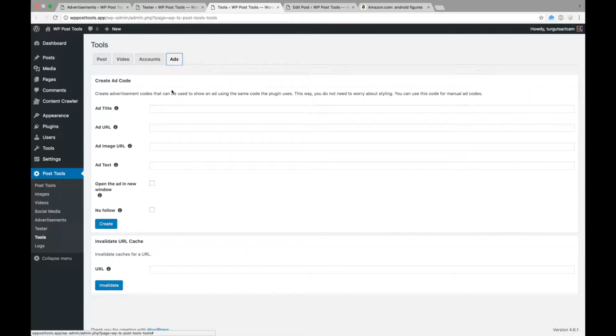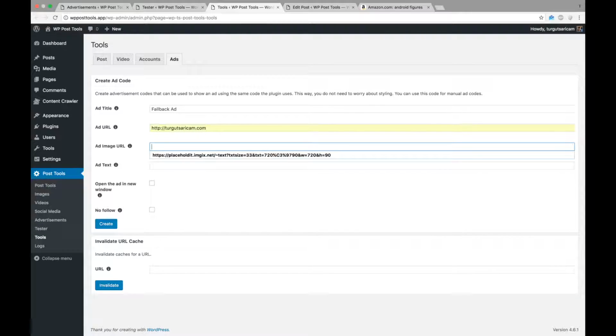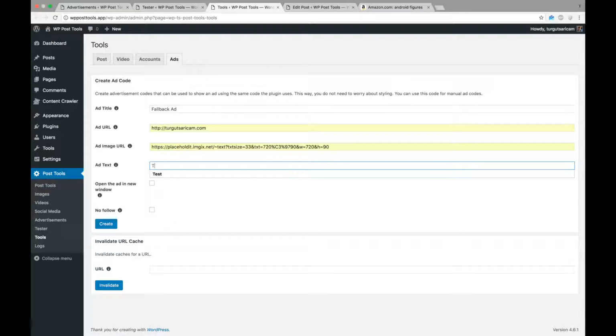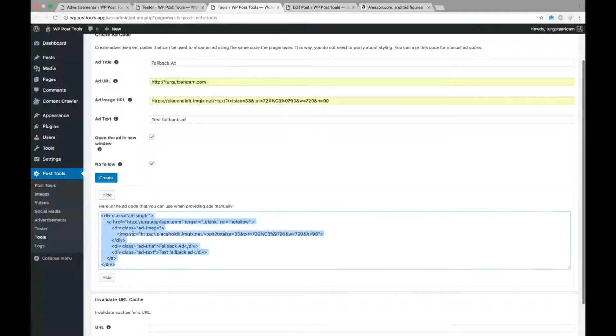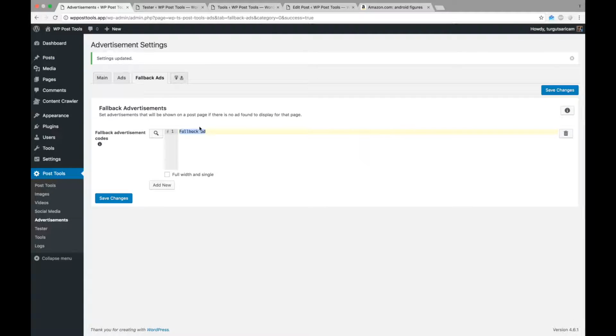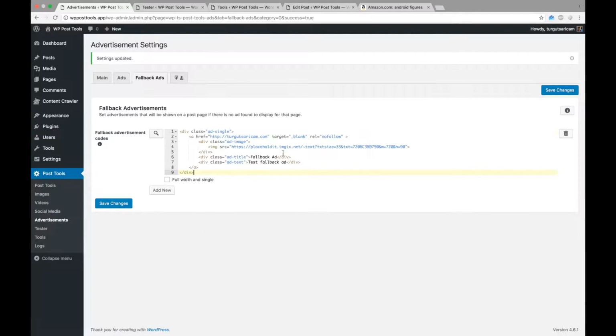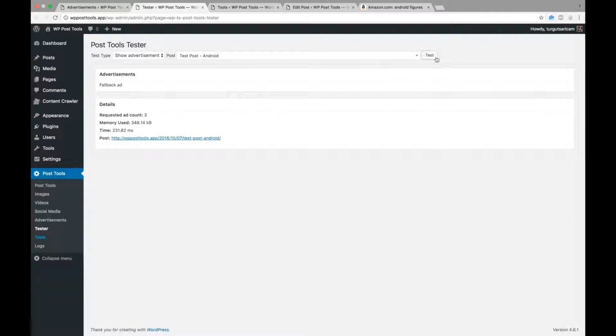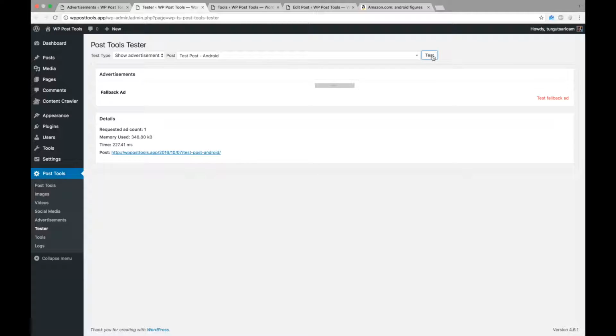We can use the Tools page to create an advertisement code compatible with the code that the plugin uses. Awesome.